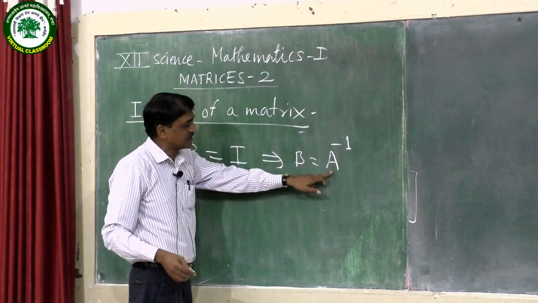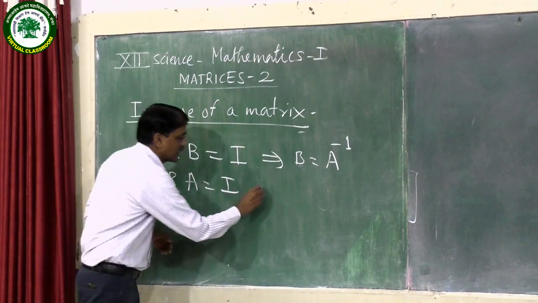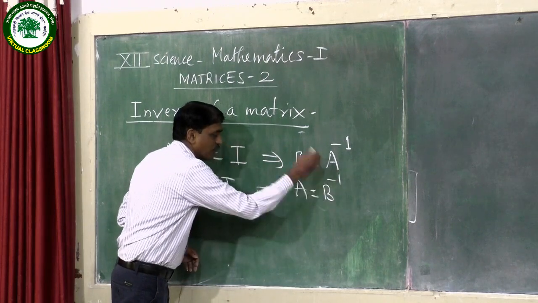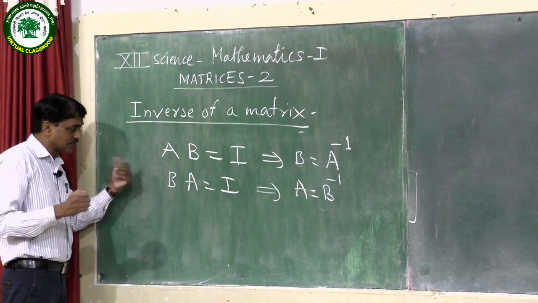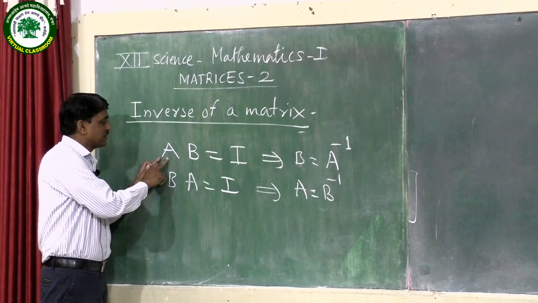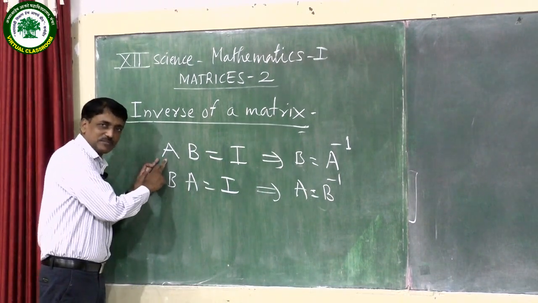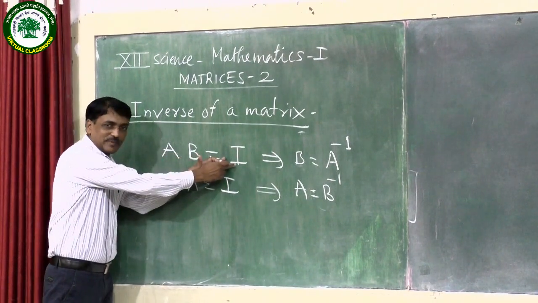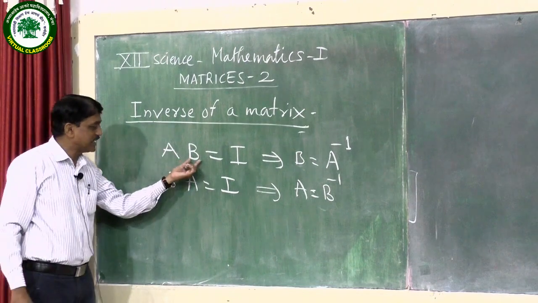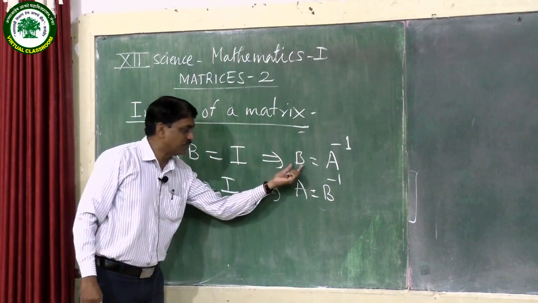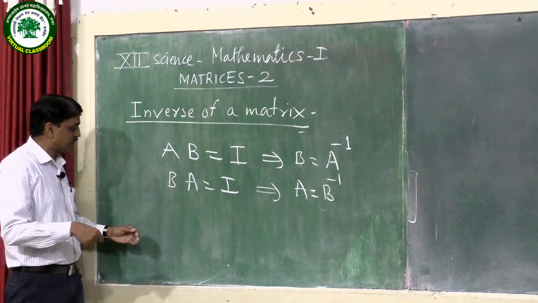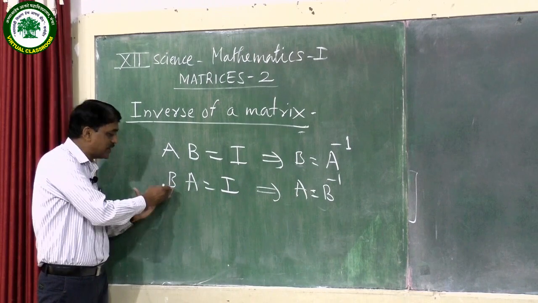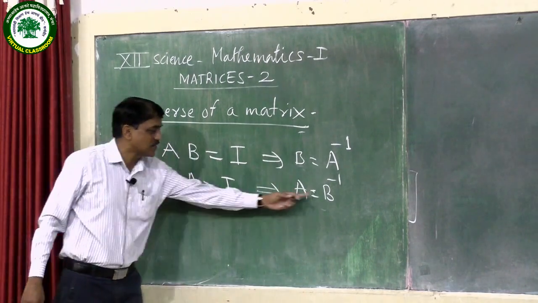This is notation of a matrix inverse. Similarly here we can say A is equal to B inverse, symbol of inverse of a matrix. Let us revise, let us repeat. If for a given matrix A, if there exists a square matrix B such that their multiplication is I, means unit matrix, then we say that B is the inverse of A. The symbol is like this, B is equal to A inverse. Similarly, if B into A is equal to I for a given matrix B, if there exists a matrix A such that B into A is equal to I, then A is known as B inverse.